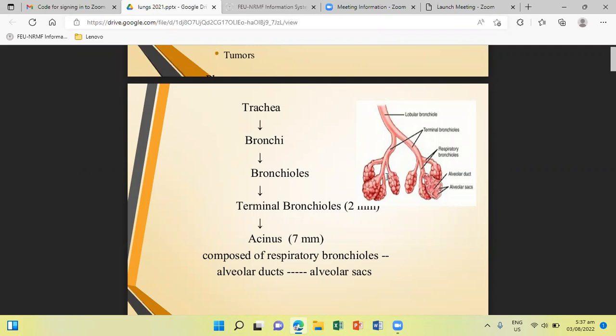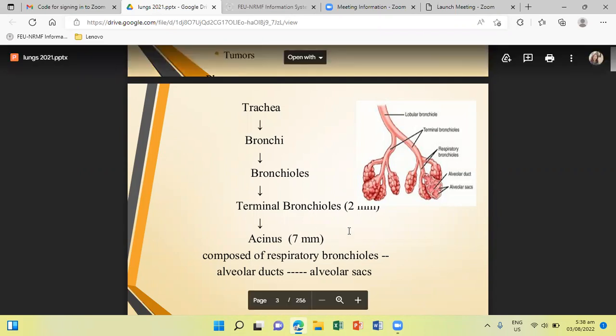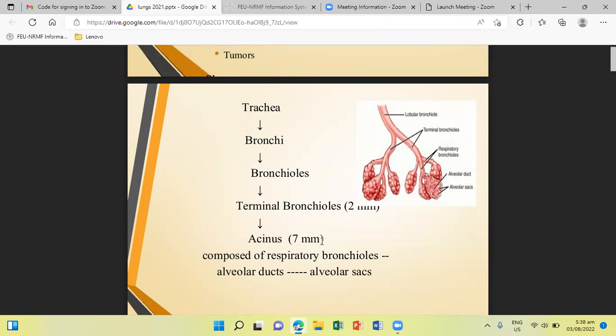Accompanying the branching airways is the double arterial blood supply of the lungs. We have the pulmonary and bronchial arteries. The differences microscopically are as follows. The bronchioles lack cartilage and submucosal glands within their walls. The acinus is spherical and the diameter is approximately, as stated here, 7 millimeters. A cluster of 3 to 5 terminal bronchioles, each with its appended acinus, is usually referred to as a pulmonary lobule.